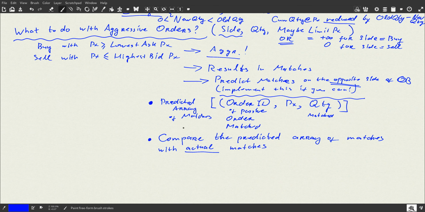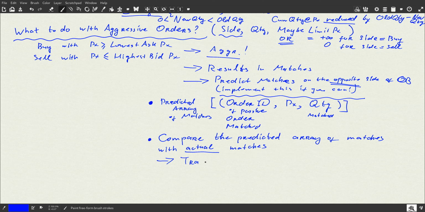But you see, the array of predicted matches, we already got it. So yes, you examine the opposite side of the order book and you calculate actually how many and which orders this aggressive order would really aggress or match. But now we need to go to our file again and see the actual matches, which means